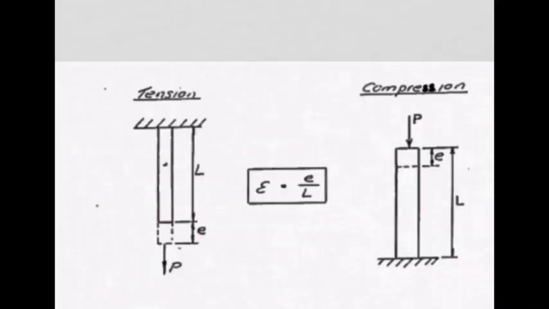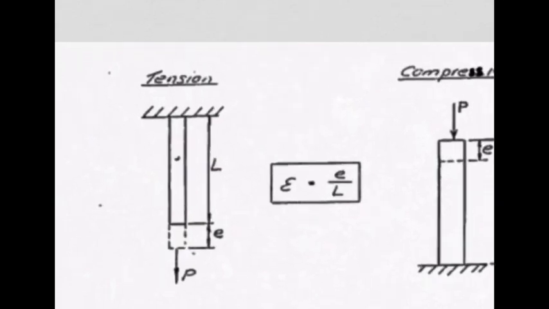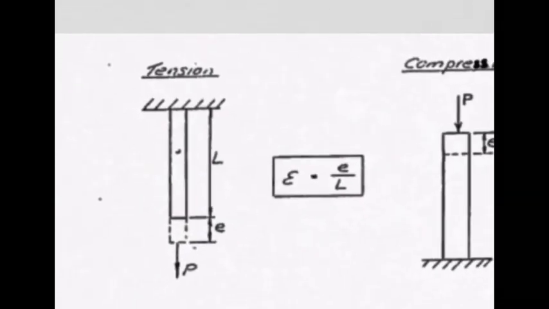It's probably easier to understand that last concept by means of a sketch. So let's look at the tension scenario. There's our specimen attached to some fixed structure at the top here, and we're applying the force P. So as said before, the specimen is going to extend. There's going to be a change in length. It might be very small, but nevertheless it does exist. So that amount is going to be lowercase e, and the original length we're going to call capital L. So the formula epsilon, as we said before, change in length, however much it was in meters at the top, and underneath change in length in the same units, meters, and you're going to have this unitless ratio known as